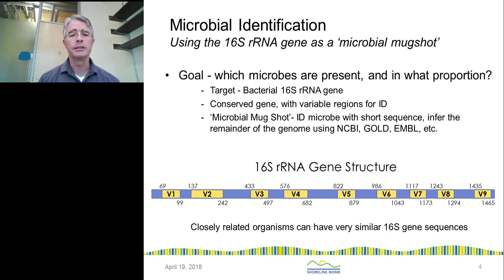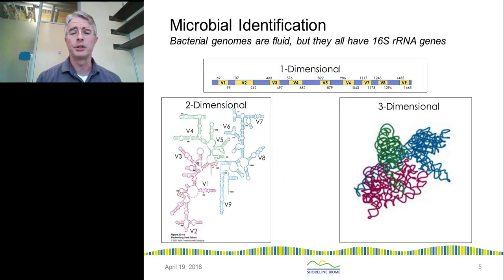And part of the problem is that closely related organisms often have very similar 16S sequences. So the more closely related organisms can be difficult to tell apart. I'm going to discuss this in a little bit. But in the next slide, what I want to show is that this gene itself is interesting in that it